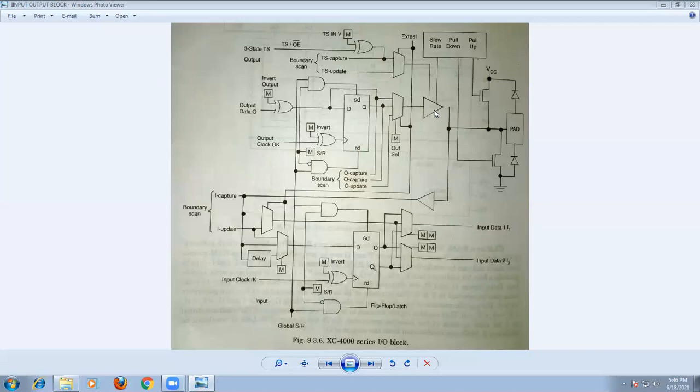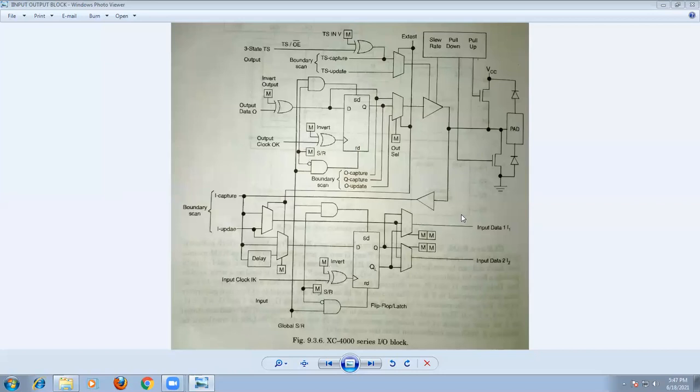That means to use the IO pad as an input, the output buffer should be in the high impedance state. In this condition, an external signal coming into the IO pin, the IO pad, goes into these buffers. From this buffer, the signal can be directly fed to the logic array, called direct input, and the output will also be buffered to the D flip-flop. The signal goes to the D flip-flop.